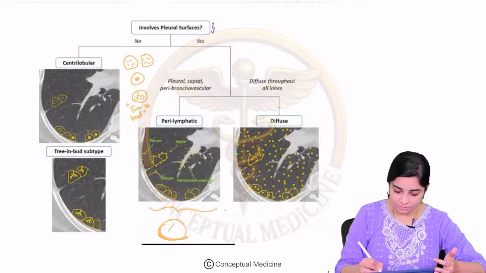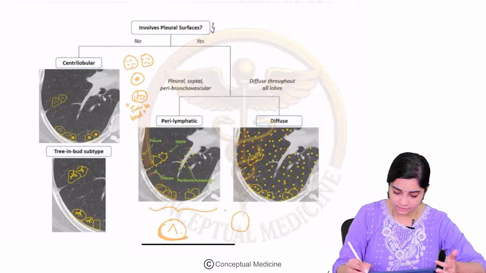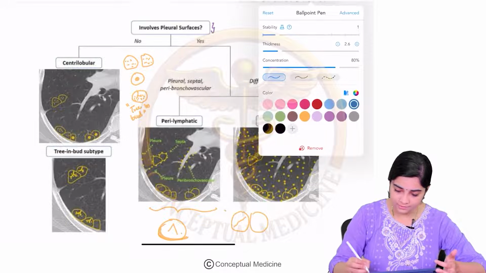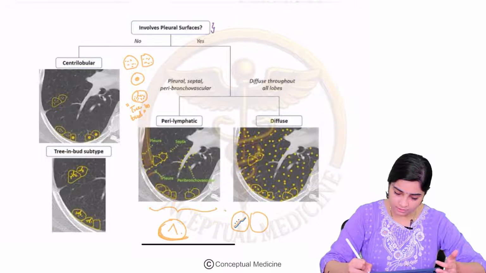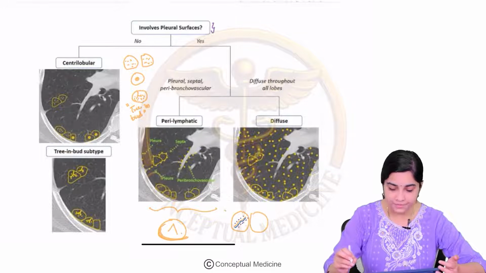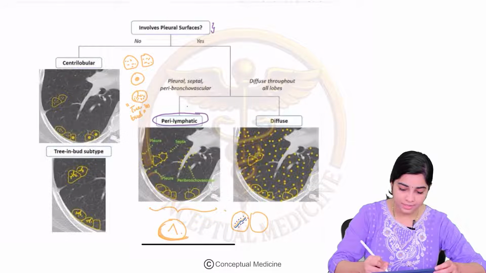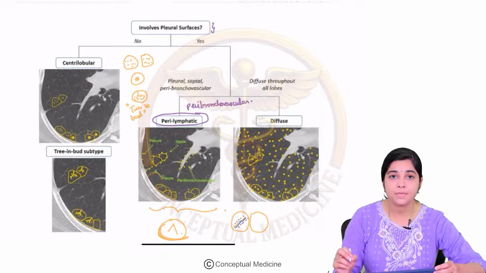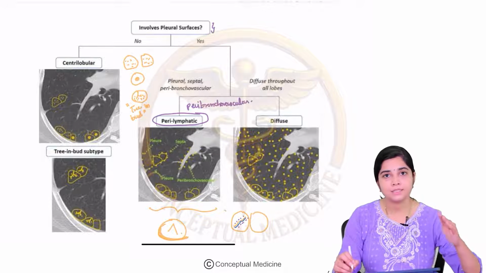Okay, then each of the lobes are divided by septa, right? And we know that when you look at the cross section of the lung, you will have vasculature coming this way, right? So you have vasculature coming this way, and there can be nodules which are distributed along this vasculature like this. Okay, so this is what we call the perilymphatic or the peribronchovascular distribution of nodules, and this is seen